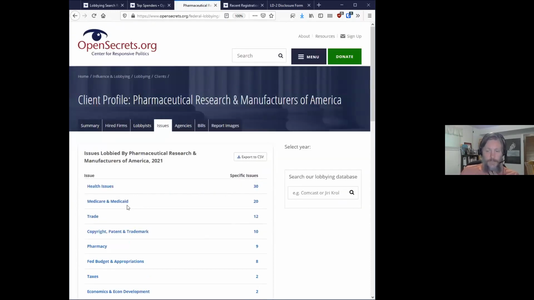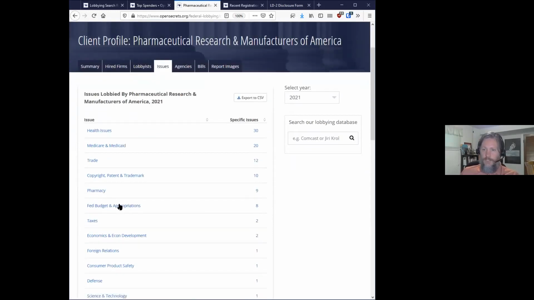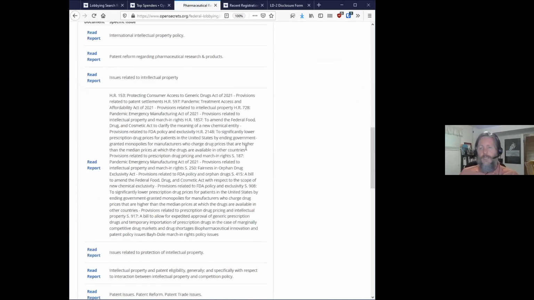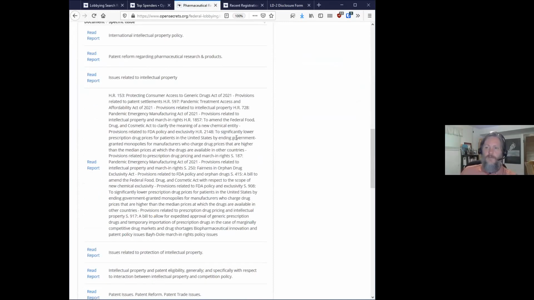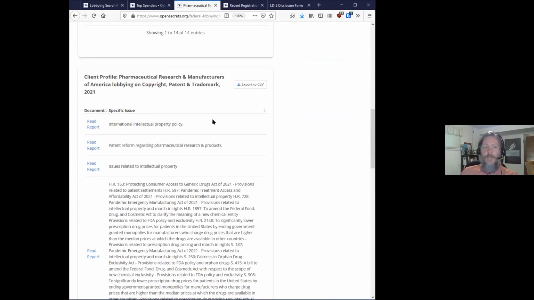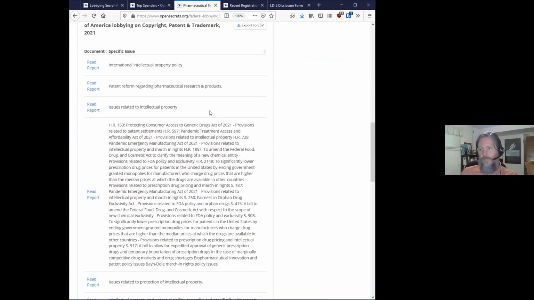So these are all the issues that pharma, all those general broad issue areas that pharma mentioned. Not too much of this is surprising for them. Maybe when you get into defense, it might be interesting what they're talking about there. But if you look at any of these numbers by clicking, you get a list from every report that got filed for them, which, for a big one like this, can be dozens of reports. Everything they filed under, I think this is the patent and intellectual property, which is a bit of a hot topic right now for pharmaceutical companies. You'll see everything they wrote about that issue